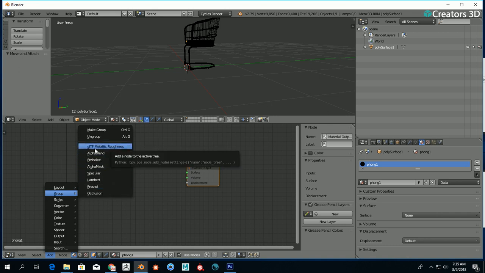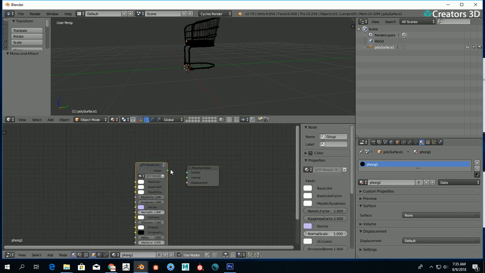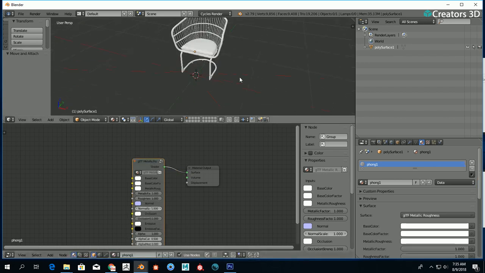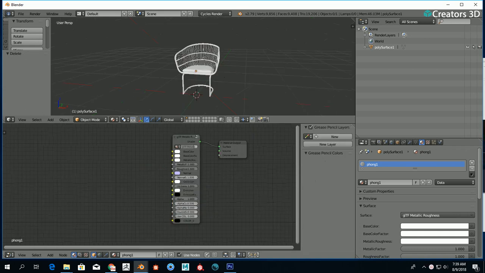So you can just say, like, metalness roughness GLTF. Take the shader, green to green. Okay, so you saw that it changes now. Now what we're going to do is link all the textures to the GLTF metallic roughness